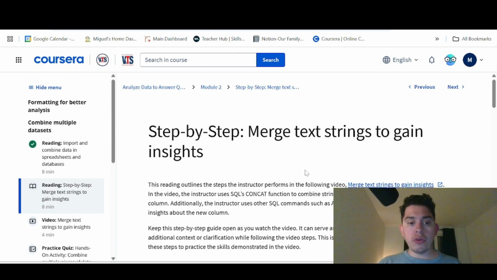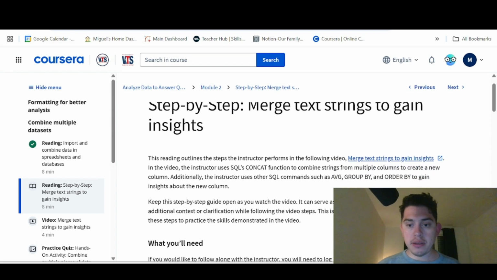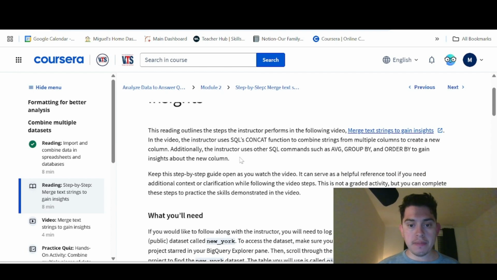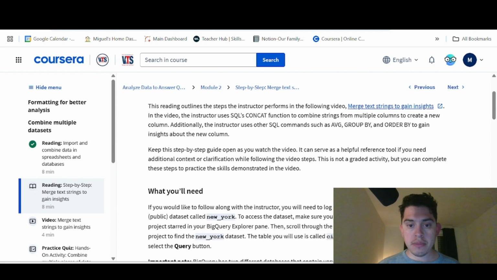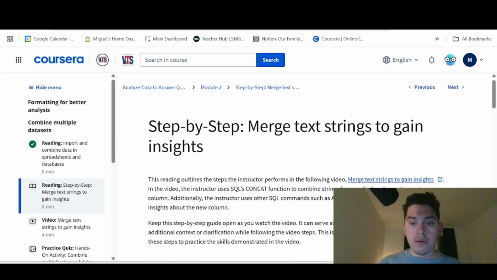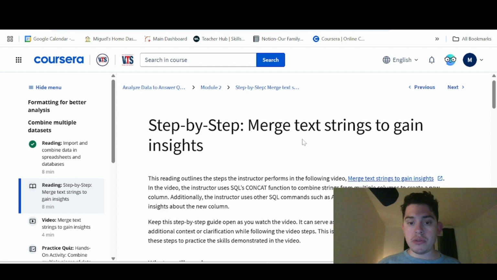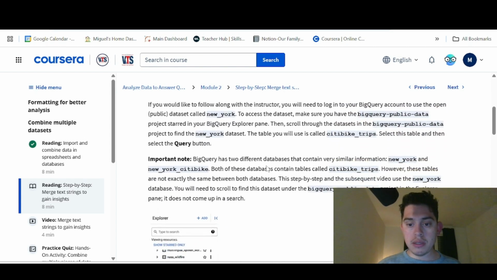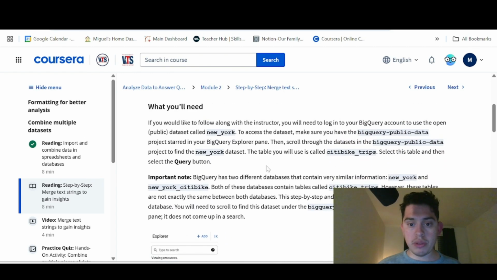Alright, so today we're going over merging text strings to gain insight. It says that we're also going to be covering other SQL commands such as average, group by, and order by to gain insight. So our objective is to merge text strings to gain insights. And so what we will be doing